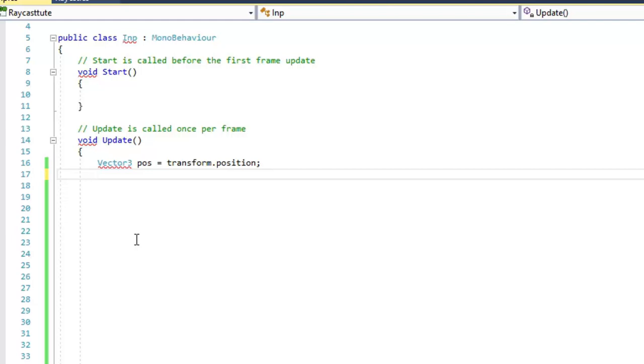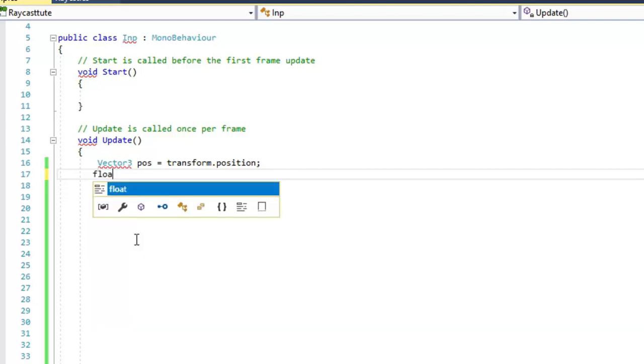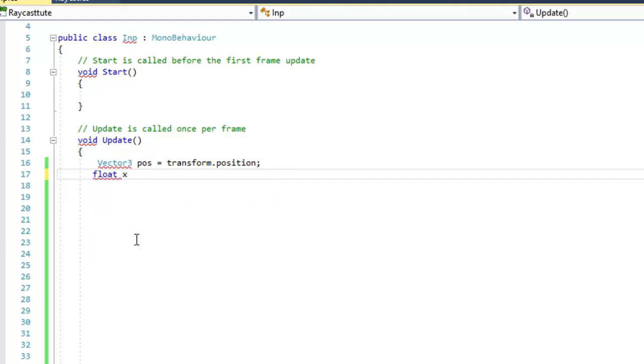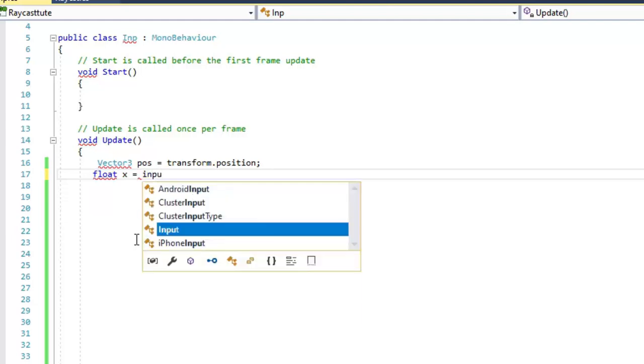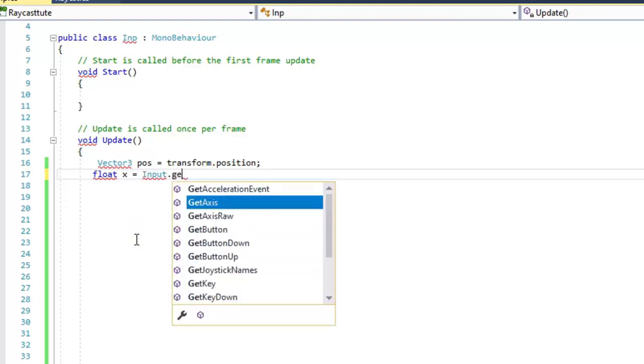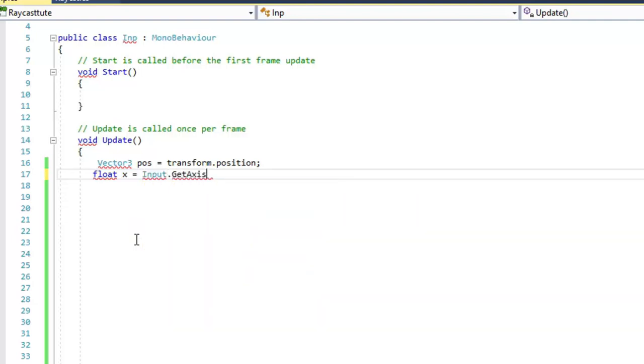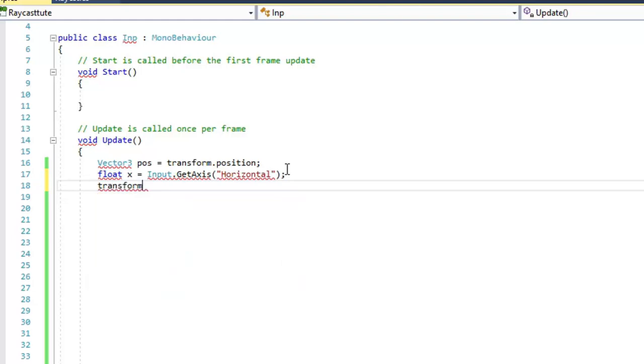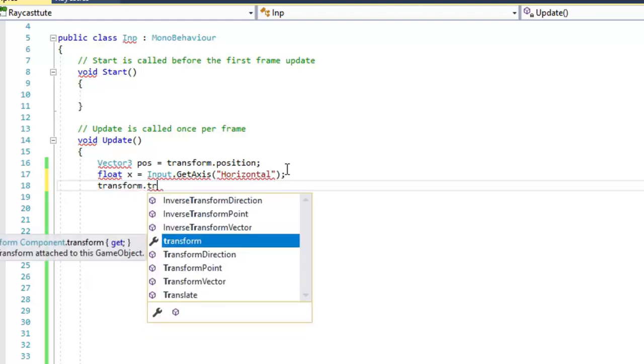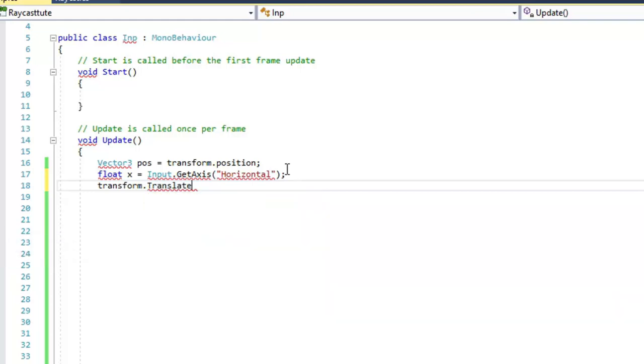For example, I'm taking a float value, float x equal to Input.GetAxis, and here I am passing the word Horizontal. Then Transform.Translate.